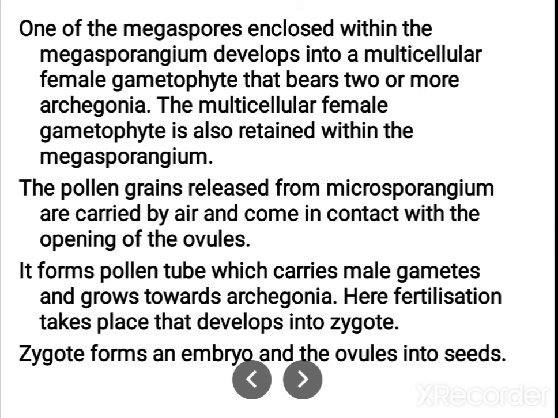Okay, children. It is the same way as in higher plants. Only thing is here you cannot see petals, sepals, flower-like structures and so on. Only cones are there. The male cones produce pollen grains, and in the female cone we can see the ovules, and fertilization occurs in the female cones. The pollen grains, the microspores, are liberated from the male cone, and when they reach the ovule in the female cone, they fuse with it and form the zygote. The zygote later forms an embryo and the ovules develop into seeds.